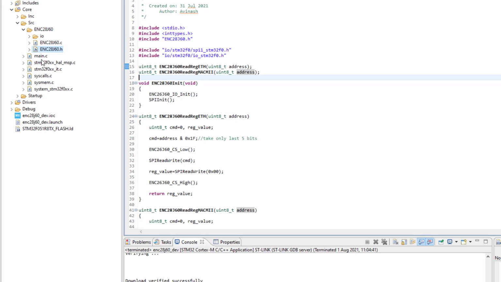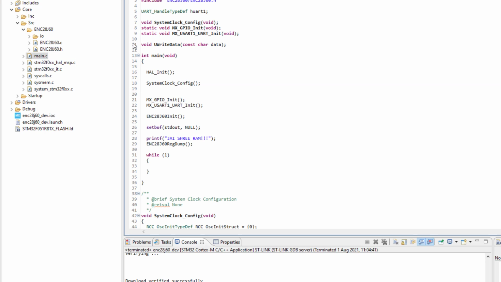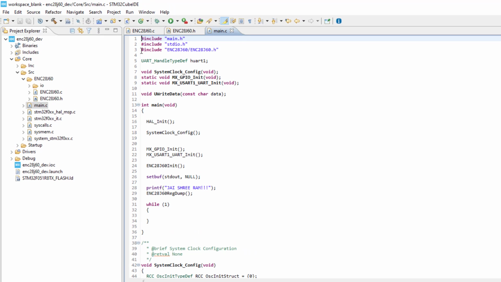And now we will go to the main file. Here we have to include this driver file ENC28J60, which is inside the driver folder ENC28J60. Only this header file we need to include.